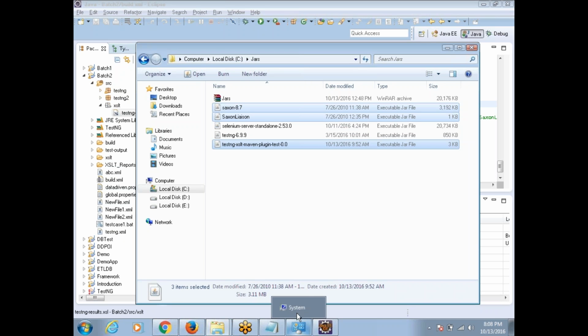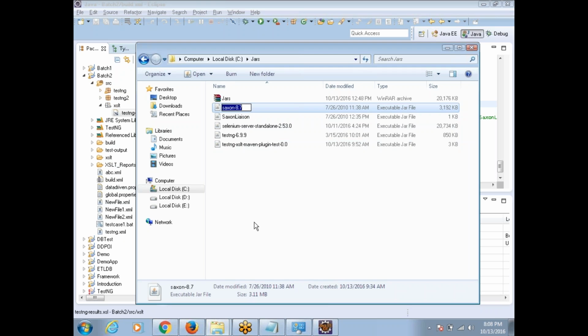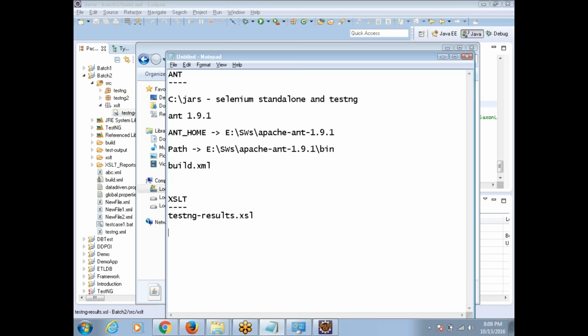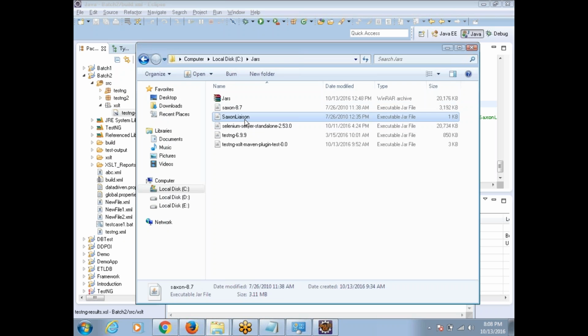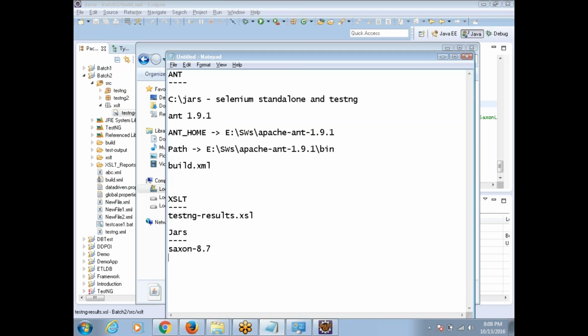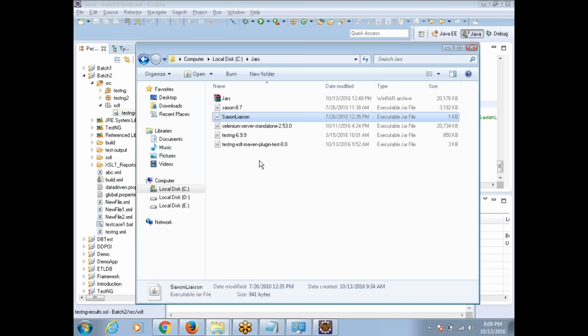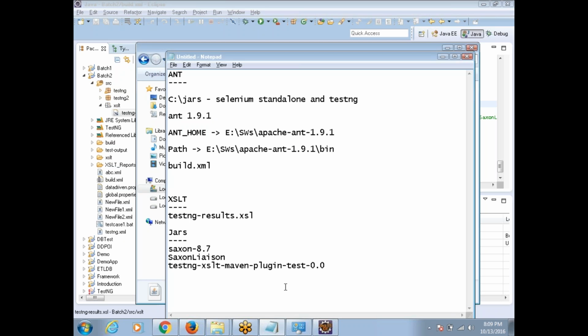So if you set up these things, these three jars, then what you need to do is